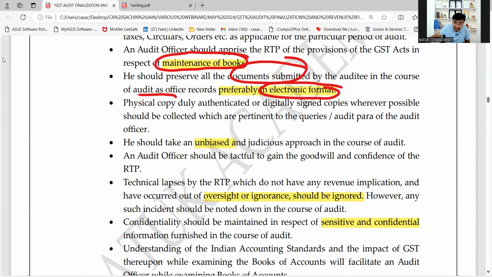If you require certain physical documents, in that case, take the certified copy. Don't take uncertified copy. This is a mandatory thing. कई बार क्या होता है, we are going to demand the documents, accountant is going to provide us the relevant document, and we are going to take that document without authentication. And if we raise any revenue or we raise any demand on account of that particular document which is unauthorized,